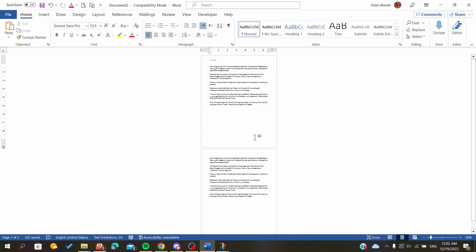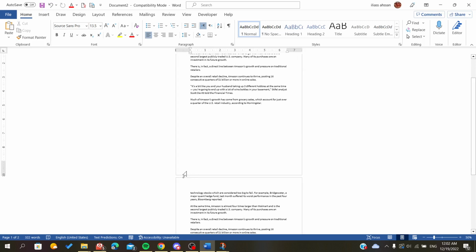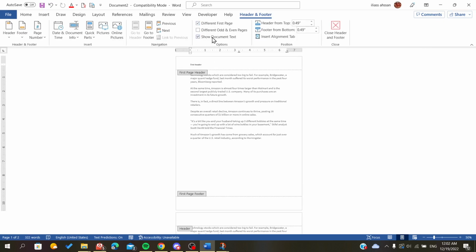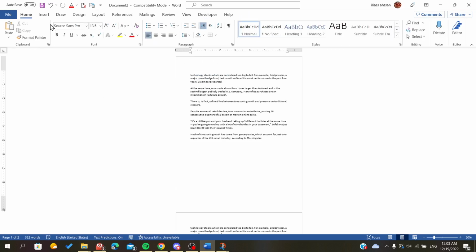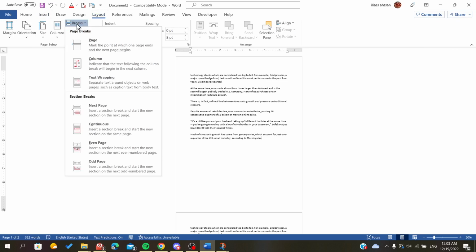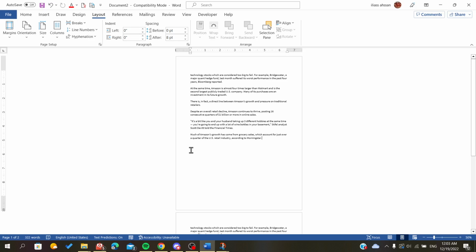There is another method to do a header on only the first page, but without this option, and all we can do is by adding page sections. To add a page section, all you have to do is go to Layout and then click on Breaks and go to the section break. In my case here, I will choose the continuous break, so it will just have a section inserted here